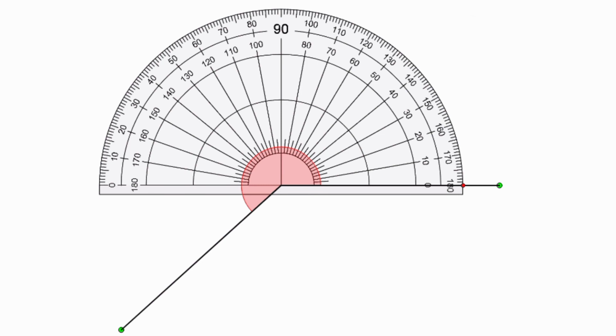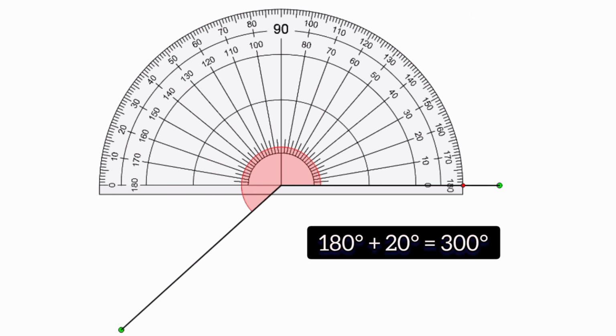So you have to place the protractor, and you can see that there is a measurement of 180 degrees in the upper part, and in the below part there is a small magnitude. That portion should be measured by the protractor. It's around 20 degrees, let's say. So altogether the value will be 180 degrees for the top part and 20 degrees in the below part. You add that and you get a magnitude of 300 degrees.